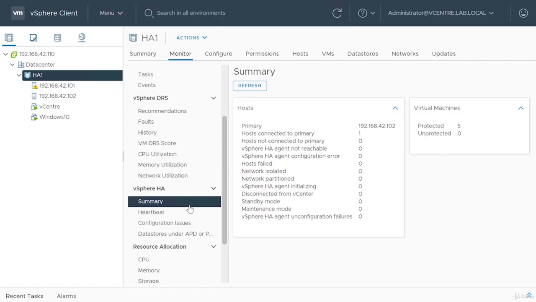So if we take a look at the monitoring tab for vSphere HA, we can see here hosts connected to primary and hosts not connected to primary. So HA, as I mentioned earlier, is not dependent on vCenter. So if your vCenter VM fails because it was on the host that died, HA still does its job. That's because it operates using an agent that was installed onto your hosts on your behalf when you enabled HA